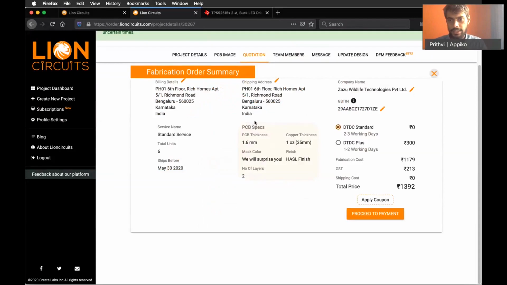So that comes to the end of our session today. I hope this was useful. What we looked at today was the various manufacturing specifications of a PCB manufacturer. We took Lion Circuits as a scenario, and we looked at their particular capabilities.